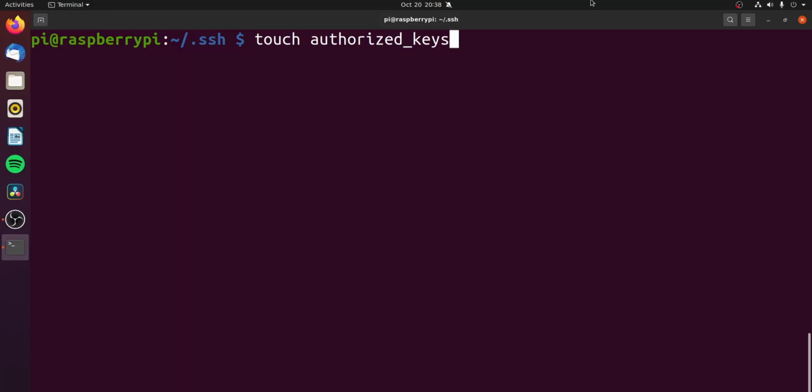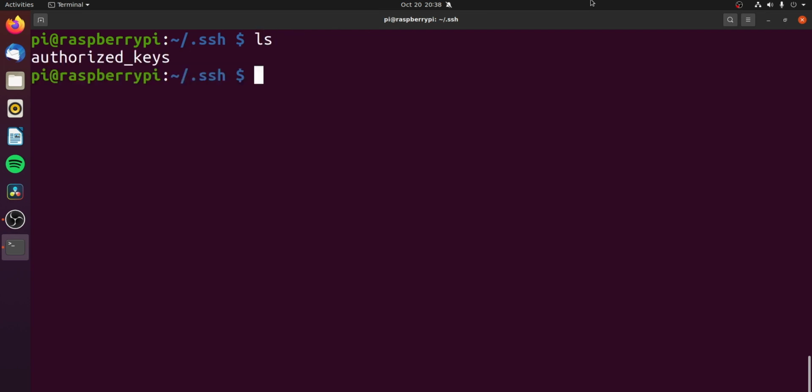So let's go ahead and create a file called authorized_keys. We've already used the cd command to get in to the SSH directory. That's cd space .ssh. And then we're going to do touch space authorized_keys. Hit enter, and there we go. Let's do an ls to list the storage, and there you go. We have authorized_keys. So authorized_keys, without an extension, that's what we want here, is where we will put a new line for each key.